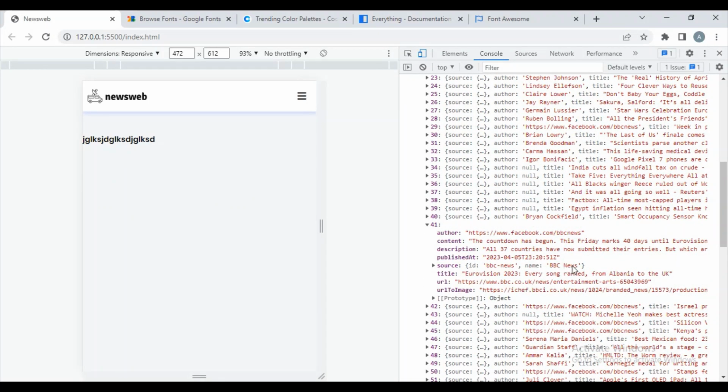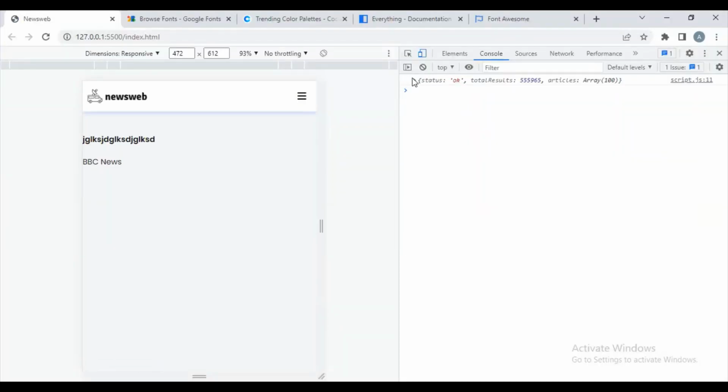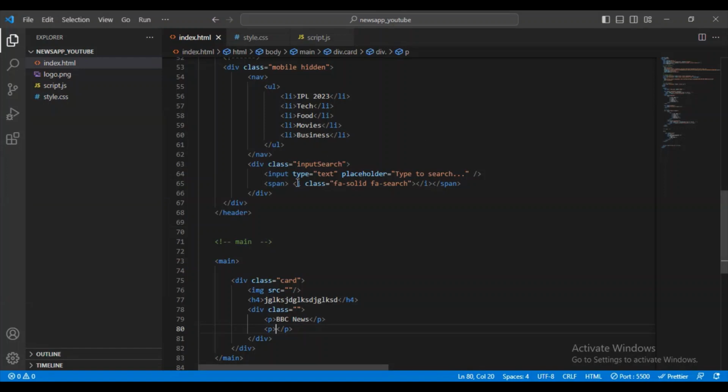BBC news. Let me just copy this here, and after that I will add one another p tag. It will be containing the publish date. Let me just copy this, expand this, and publish dot, copy this, and here I will add